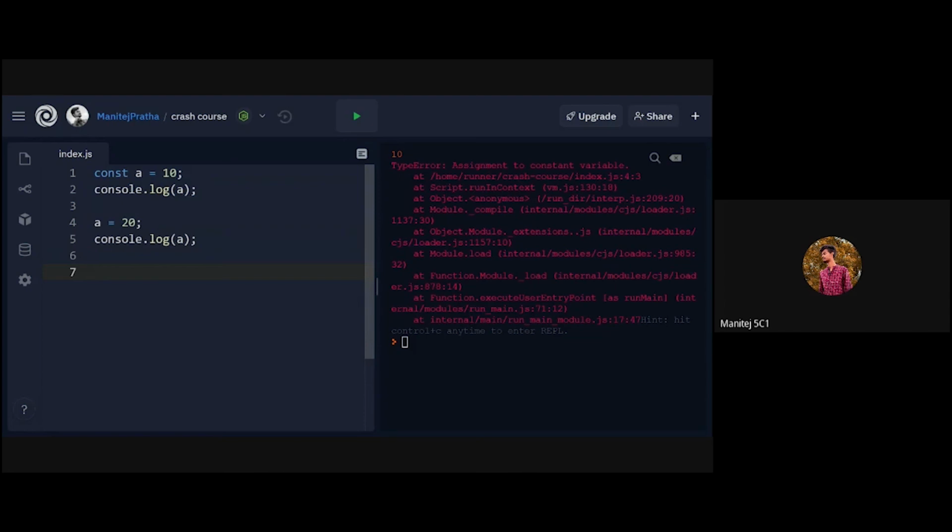To recap what we have discussed: to create variables, we have two types. The first one is using the let keyword. The second one is using const. Both do exactly the same thing, but the only difference is let allows us to update a variable. Const doesn't allow us to update a variable. It is only assigned once.